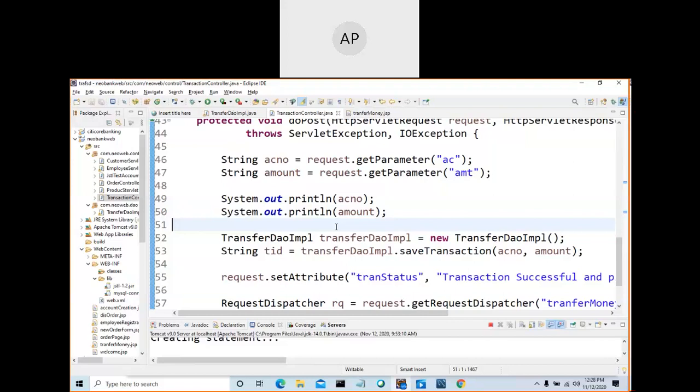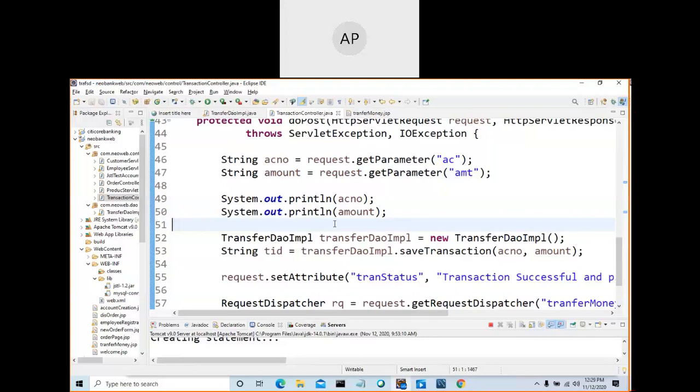If you have some business logic, for example, money transfer should not be more than 2 lakh, or minimum balance should be maintained, all those logic you have to write in a separate class called service class. And connecting to the database and storing the value, you can write in a separate class. You can write everything in a single method in the servlet itself, but always all your business logic should be in a class in a service layer.